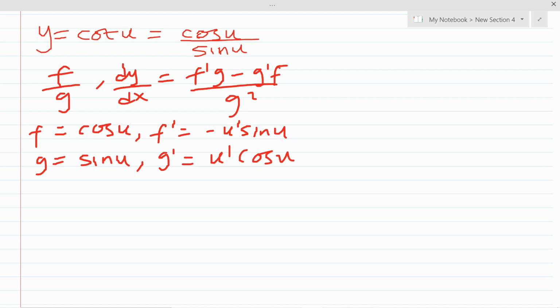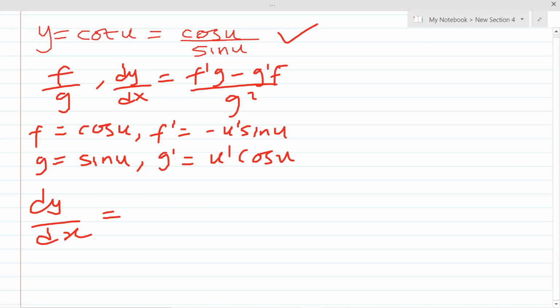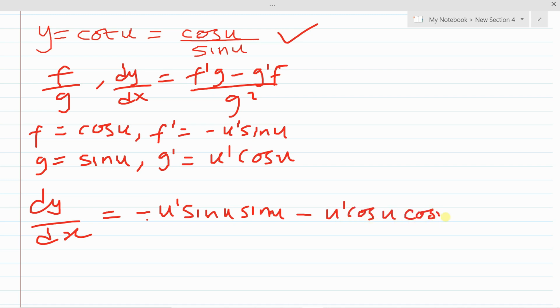So with this, dy/dx from the main function is equal to: our f prime is minus u prime sine u, times our g, which is sine u, then minus our g prime, u prime cos u, times our f, which is cos u,